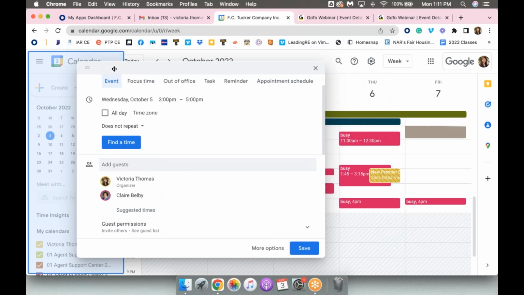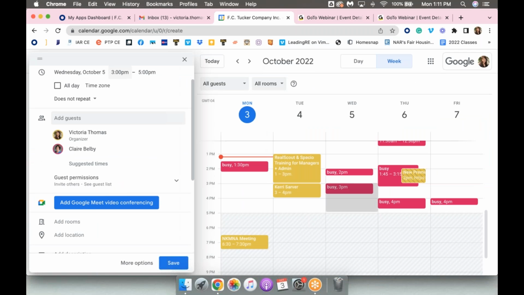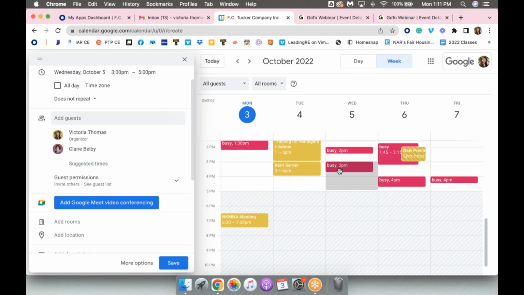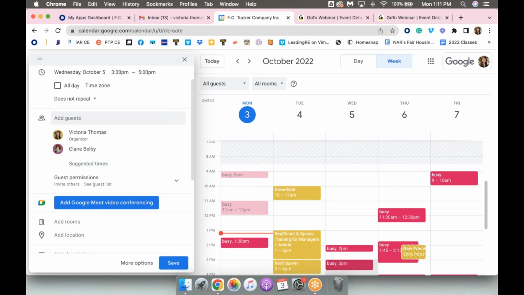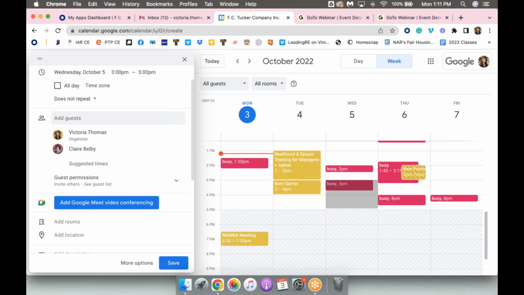Let me move this guy back out of the way. See all that hot pink that popped up? Those are scheduled times that Claire has on her calendar. So in this instance, that dark square is where I was trying to set up that time. I know that she's busy at 3 p.m. on Wednesday, so I'm probably not going to invite her to an event, right? Because I know that she probably can't make it because she already has something on her calendar. I can't see what she's got on her calendar. I can just see that she's busy, so I'm probably not going to invite her,